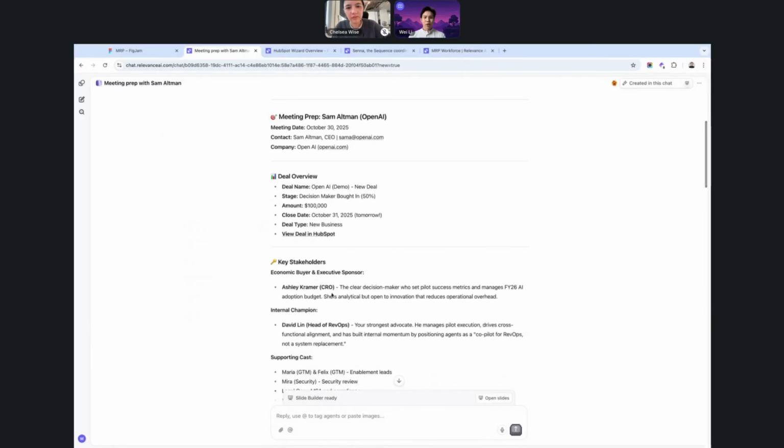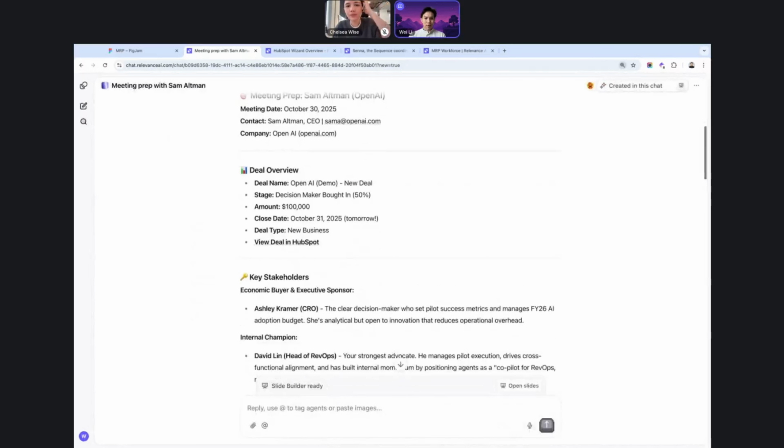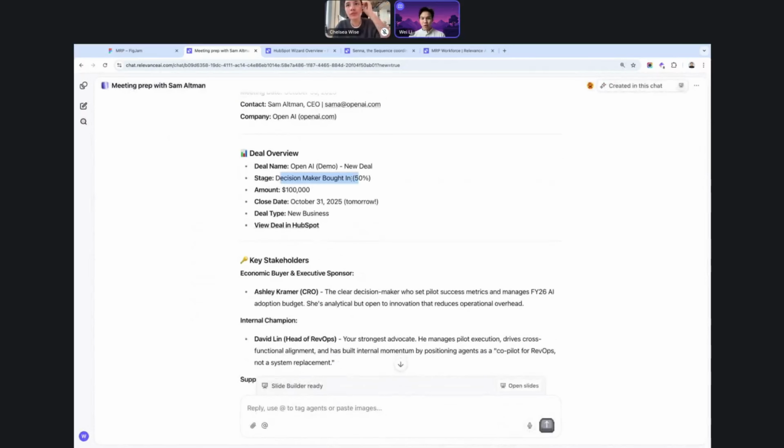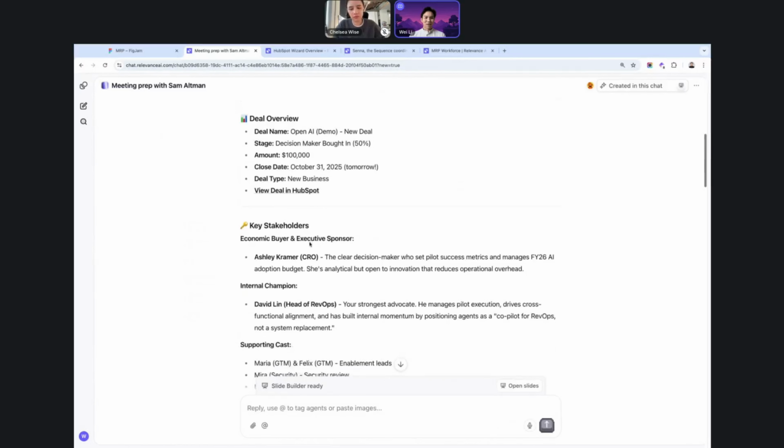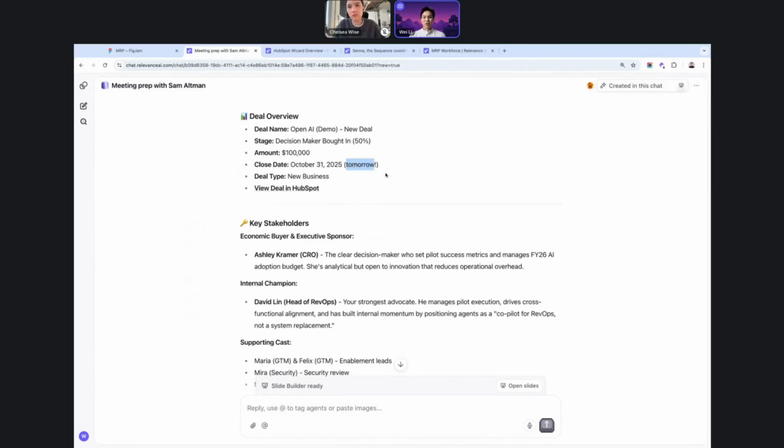In this summary, it covers things like the meeting date, the deal overview, and where they are in the current deal cycle. For us, it's that the decision makers have been brought in. That's why we're meeting with Sam. The amount is 100,000, of course, and the close date is tomorrow, the end of the month, so we've got to hurry. It also understands what the deal types are.